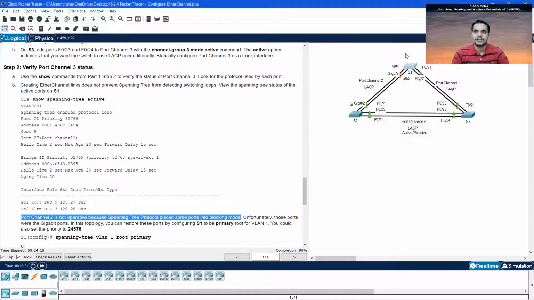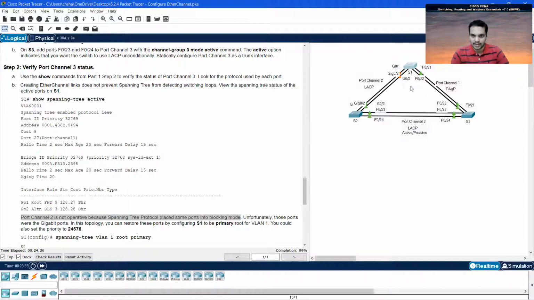Remember, the switch with the lowest priority value will be elected as the root bridge, or you can set it using root primary. Either of these two commands can be used to make S1 the root bridge for this scenario.